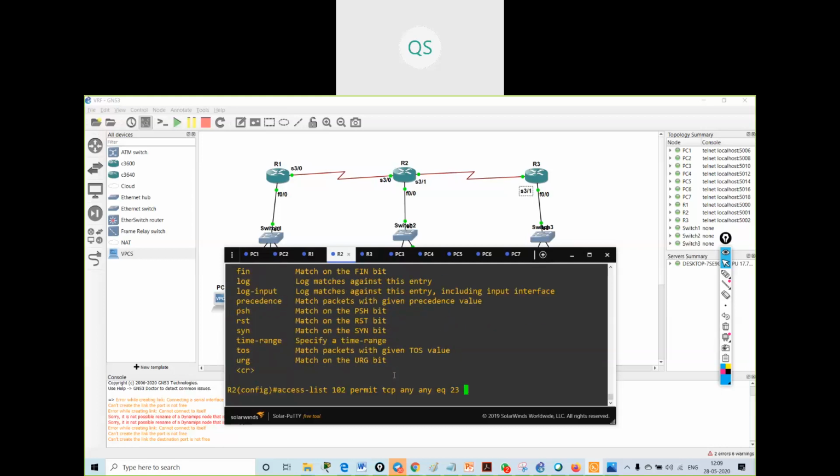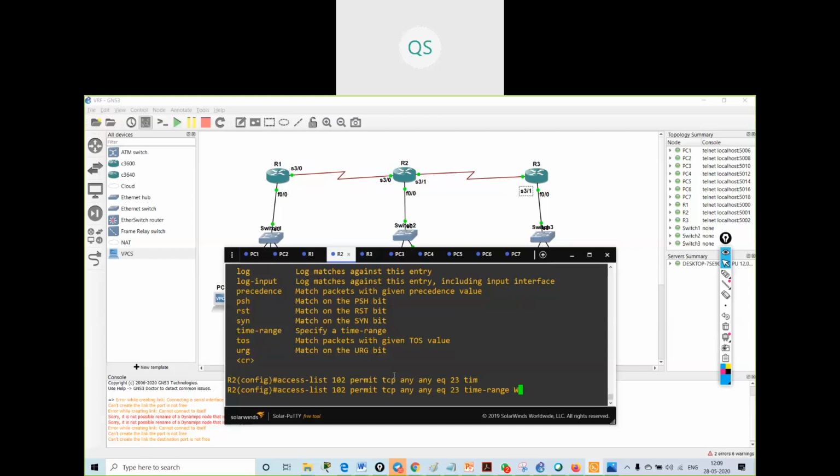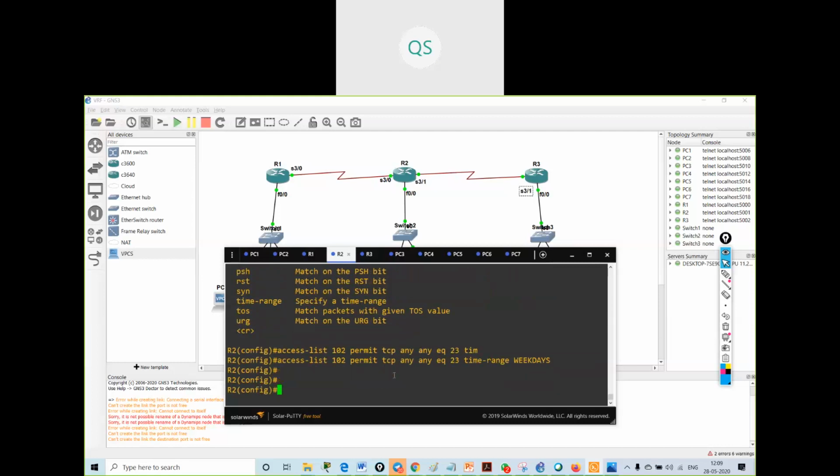Then it is asking me to specify the time range. My time range is weekdays. I've created one access list: permit TCP any, equal to telnet, and use the time range weekdays.